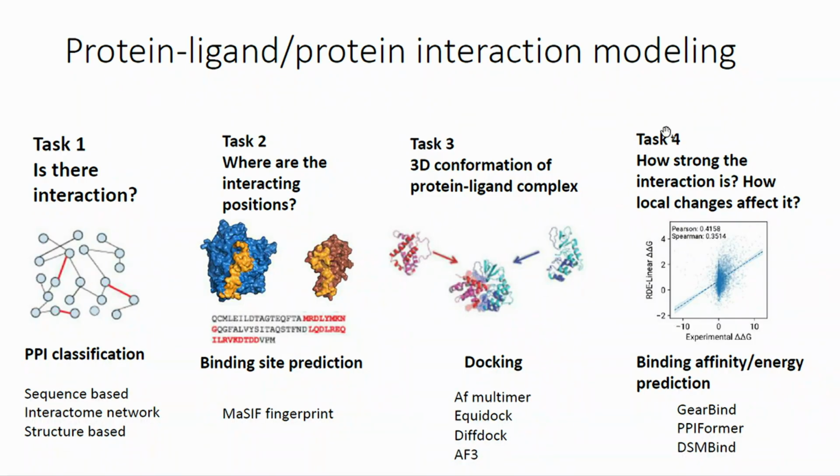So finally, task 4, I consider to be the most difficult task, which is directly predicting binding energy and accurately predicting binding affinity, which I feel like even right now is still a very hard thing. You can interpret this as understanding the whole biophysical process of docking and binding, such that if we can predict the energy well, we basically can solve all of the first three tasks, right?